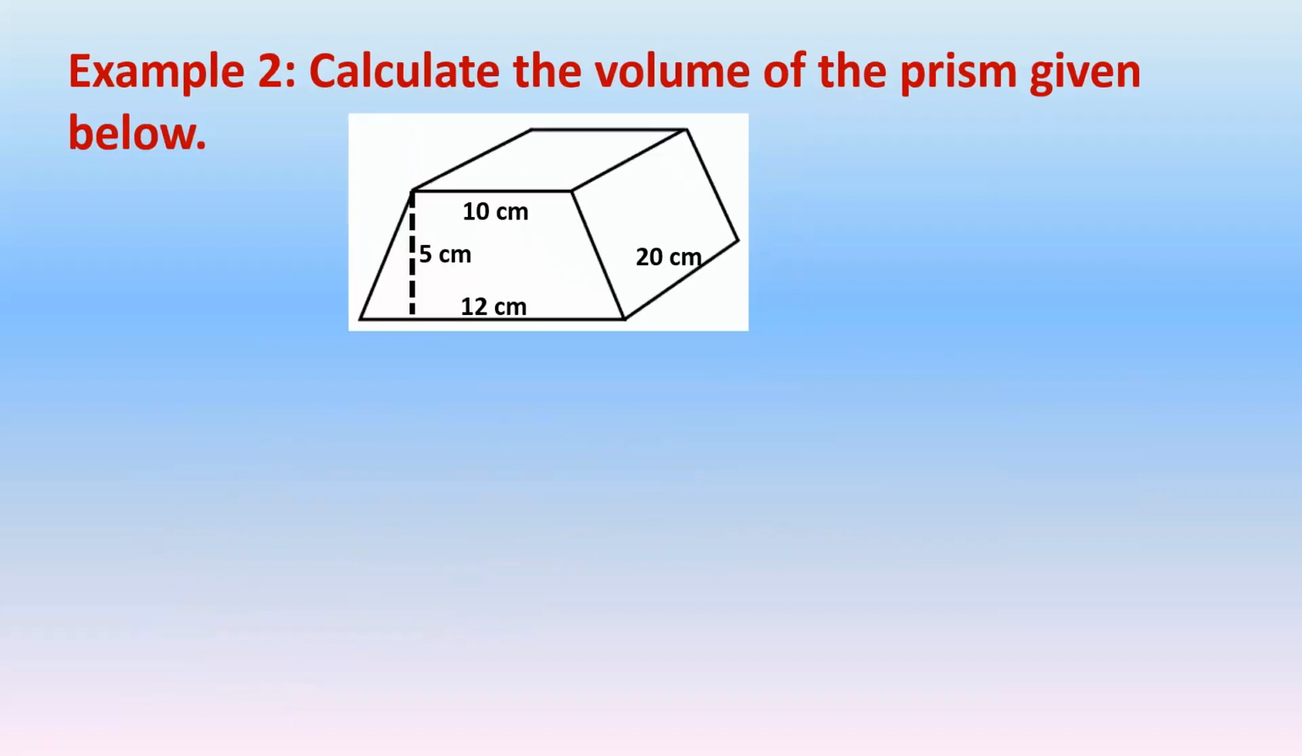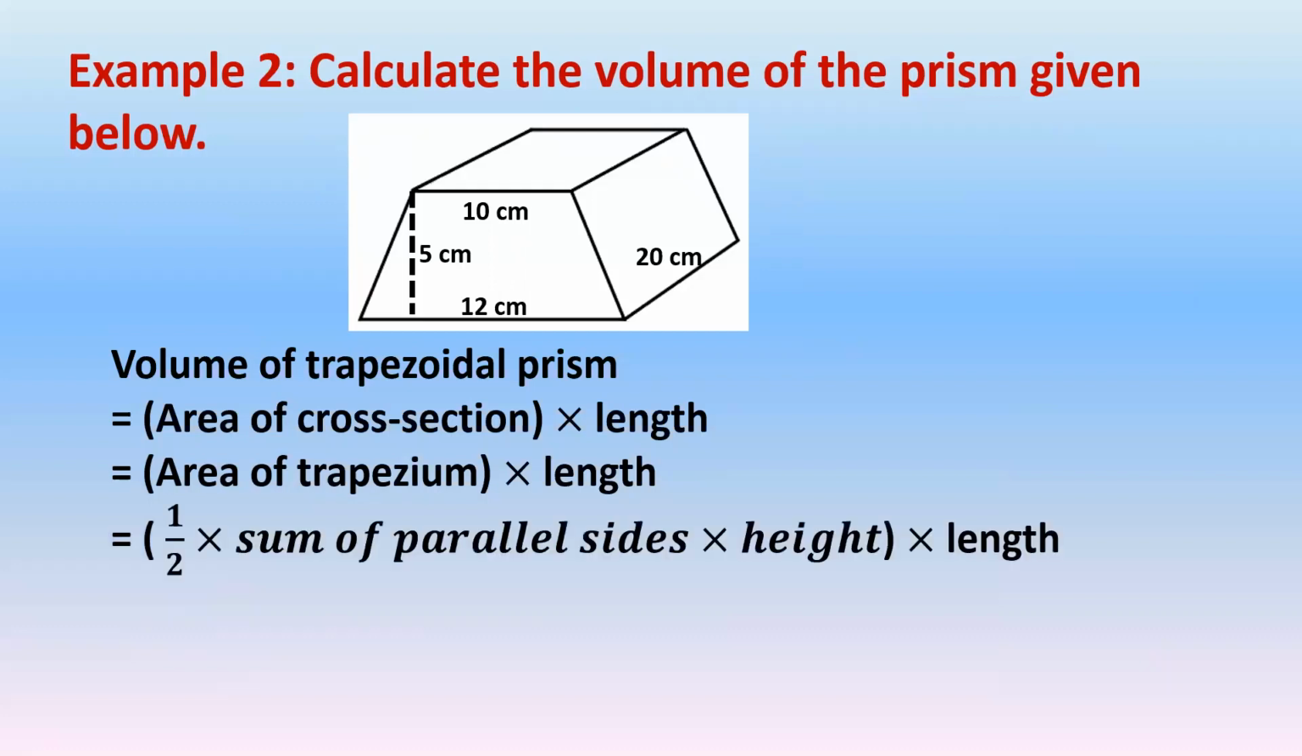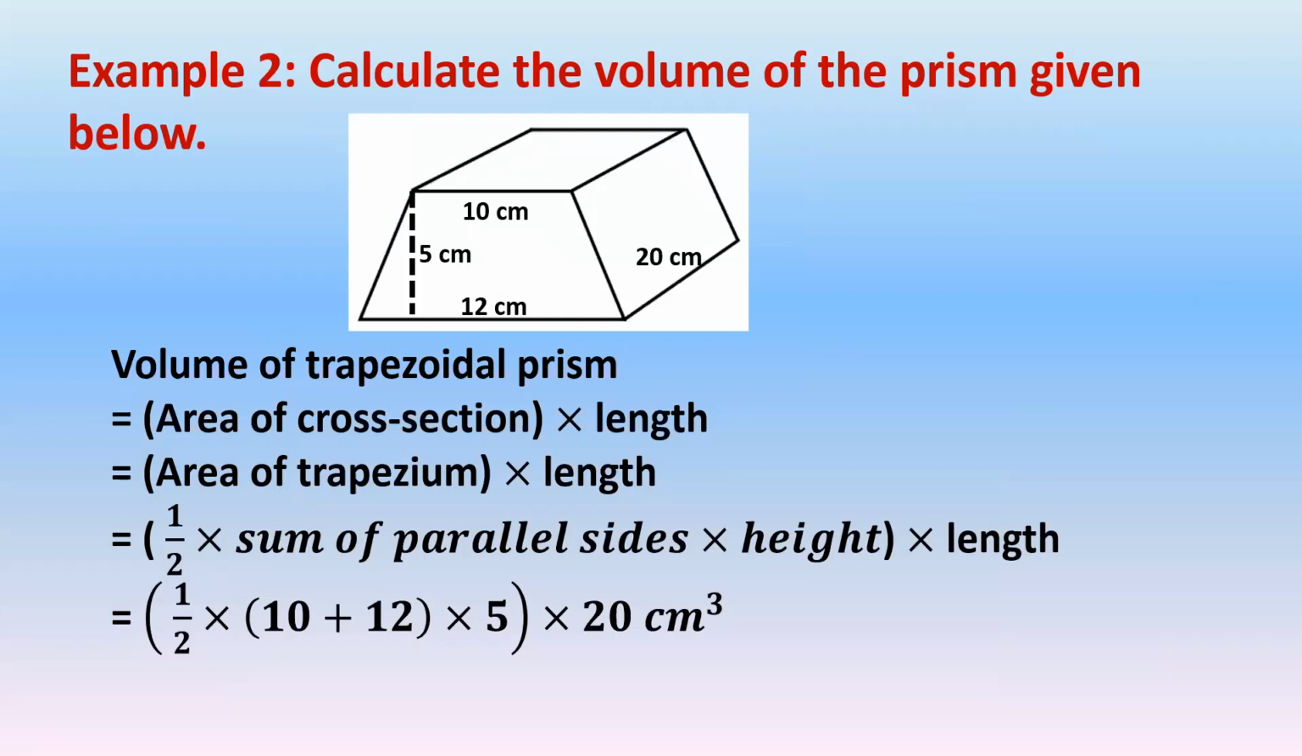Example 2. Calculate the volume of the prism given below. Here, you will notice that the cross-section is a trapezium. We call this prism a trapezoidal prism. Now we calculate its volume. First, we write down our formula, area of cross-section multiplied by length, area of trapezium multiplied by length, half times sum of parallel sides times height times length. Substituting the values, we get half multiplied by 10 plus 12 multiplied by 5 multiplied by 20 will give us